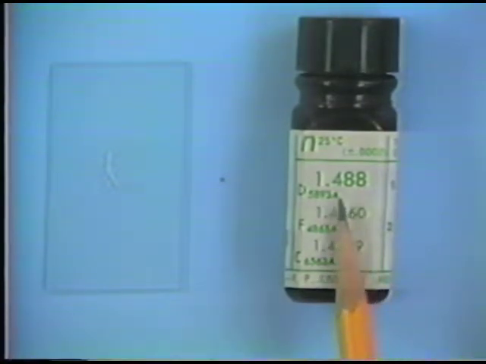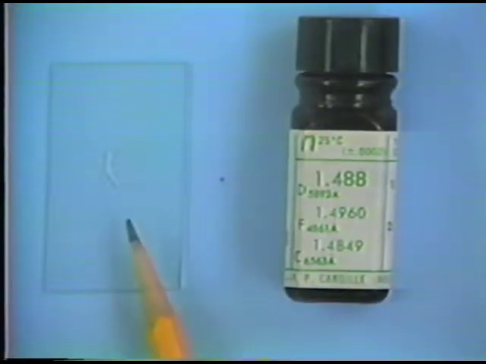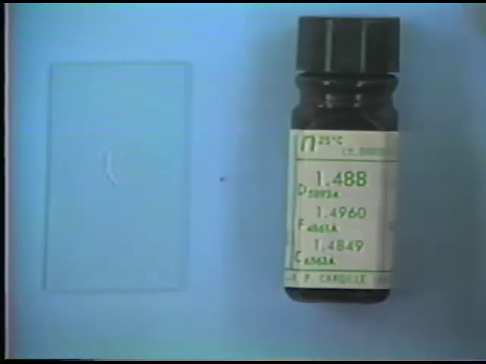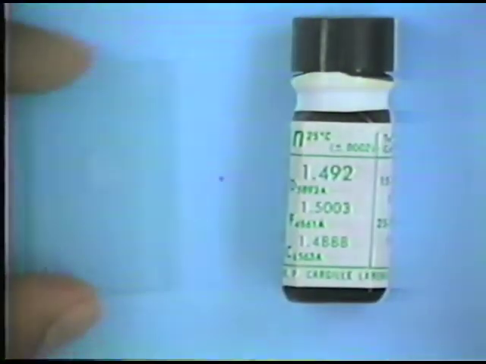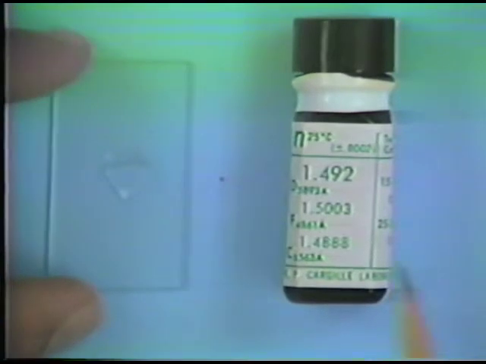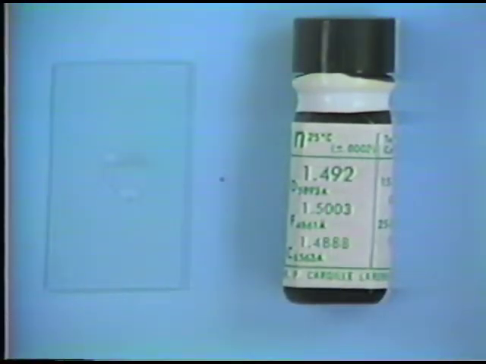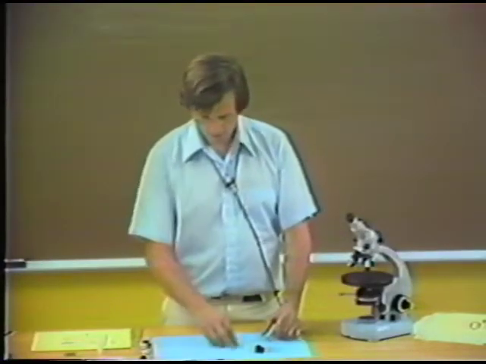This is a little bit higher, about 0.01 higher than the last mount which we made. And here's our, again, prepared refractive index mount. The second refractive index mount that I've made is in a slightly higher oil of 1.492 refractive index. So we're going to look at these two mounts, which actually bracket the refractive index of this particular mineral. One is very slightly higher, one is very slightly lower than the refractive index of this particular mineral. So let's look at these two mineral mounts